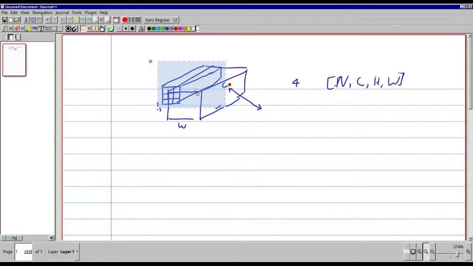It will pad with zeros and place it with its center on each pixel of the input